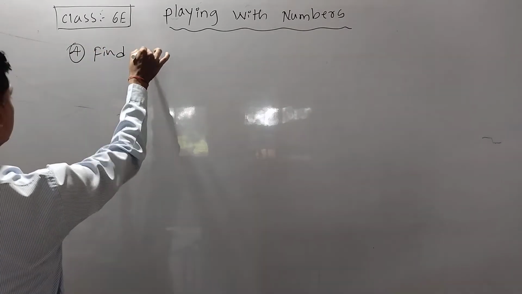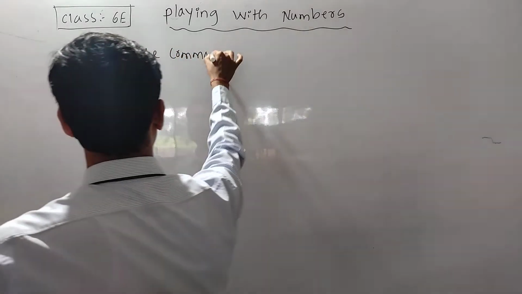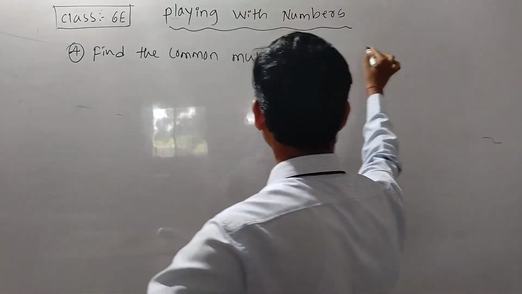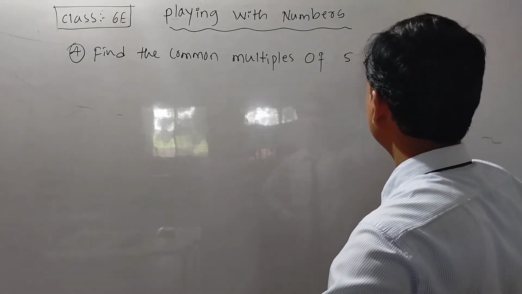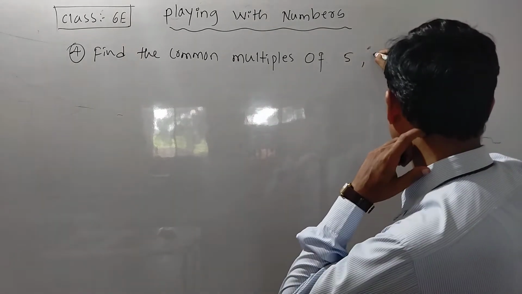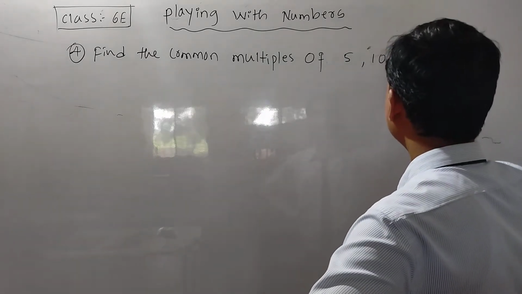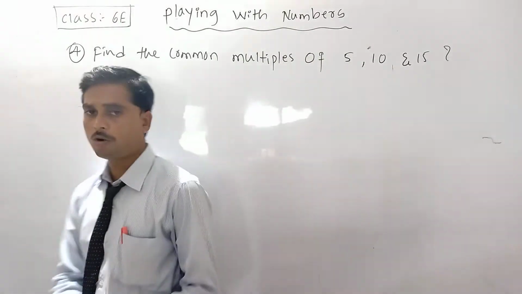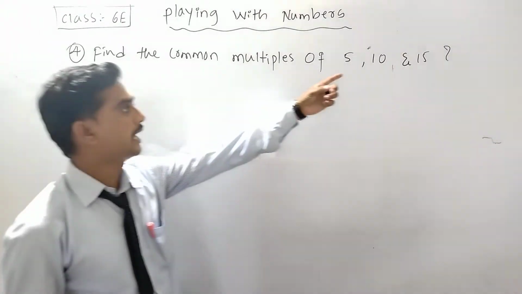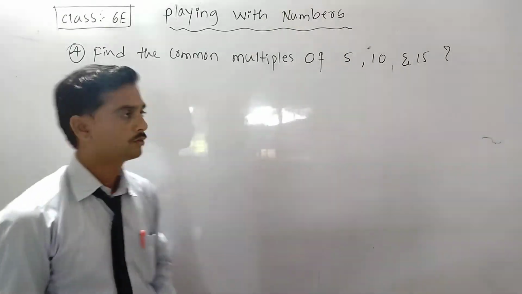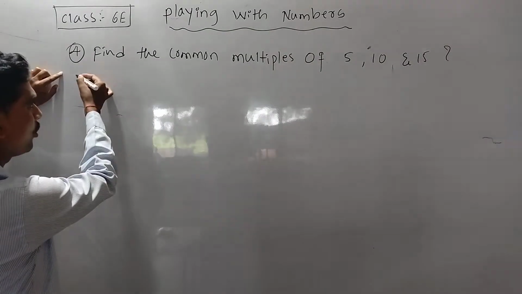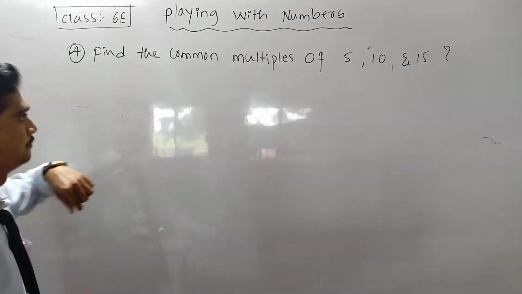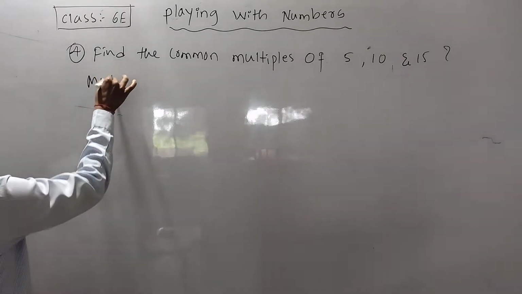Find the common multiples of 5, 10 and 15. Find the common multiples. First you have to list the multiples of the individual numbers. Multiples of